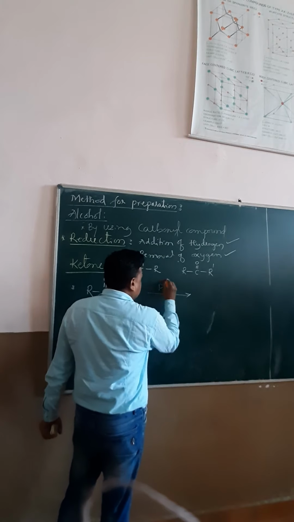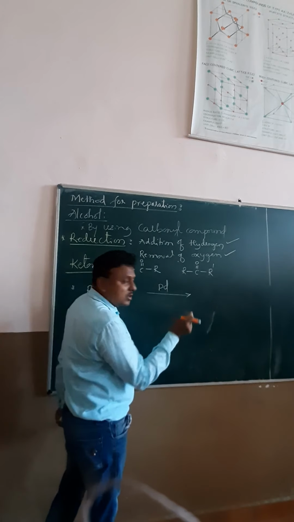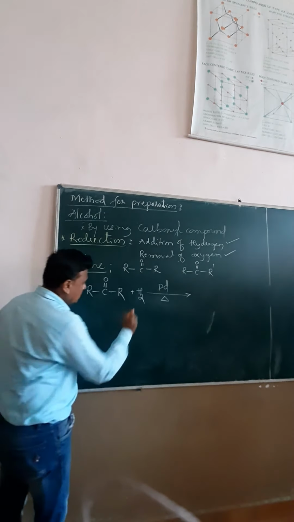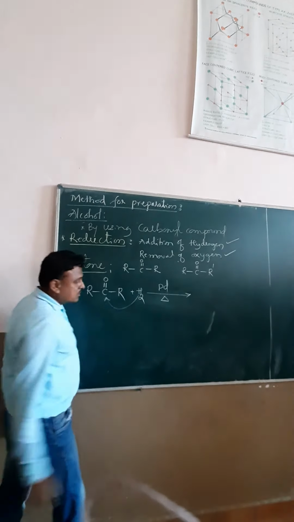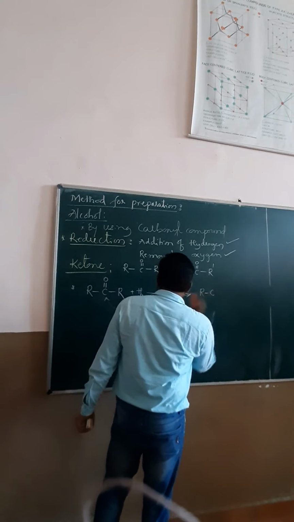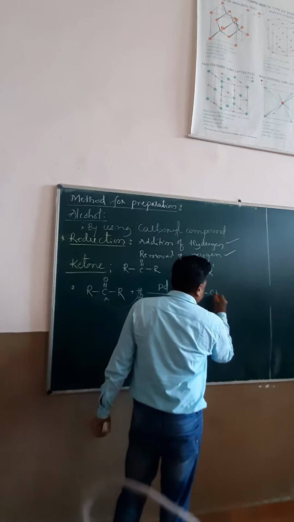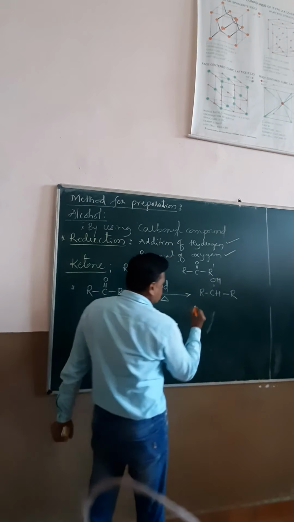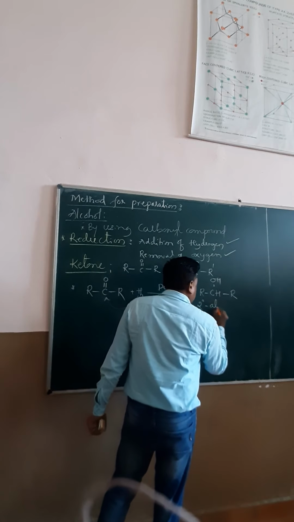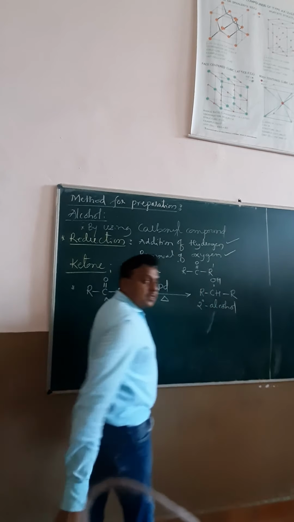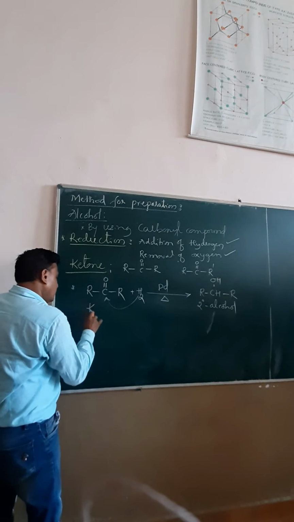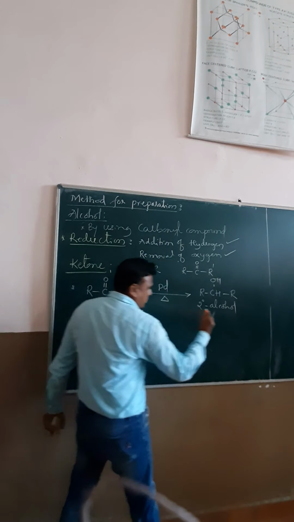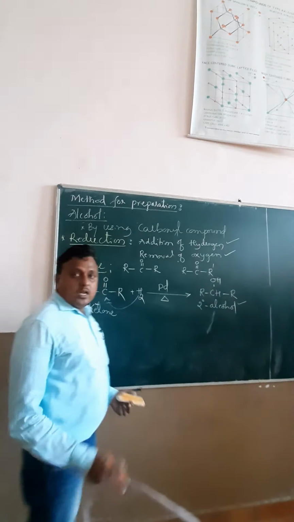It considers the same catalysts, either palladium, platinum, or nickel. Yes, it also undergoes reduction. It is also addition of hydrogen. The hydrogen addition will take place here. The formation of the compound is R, this compound is CH, and this is the R. Now this is an alcohol. But the difference here is that we get a secondary alcohol. I repeat, when a ketone undergoes reduction with the palladium catalyst, the product formed is a secondary alcohol.